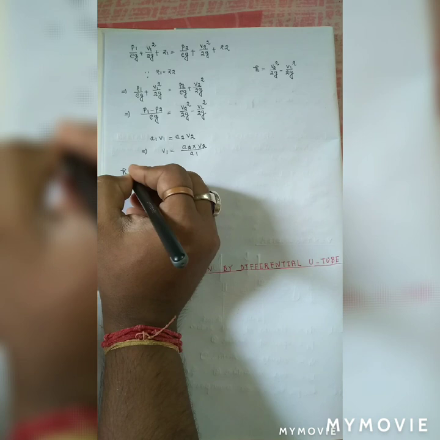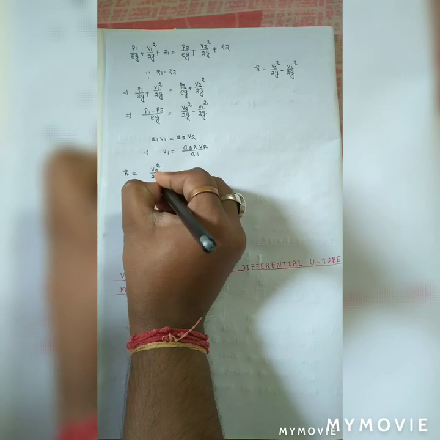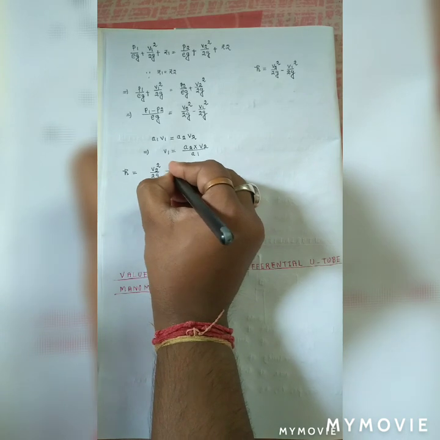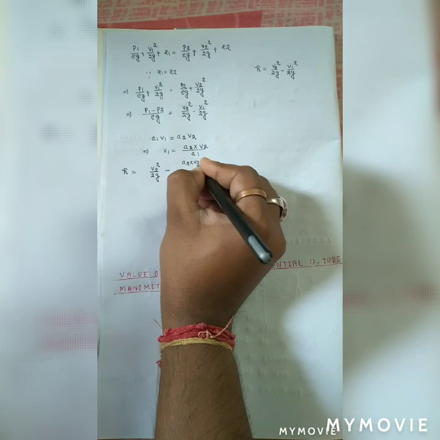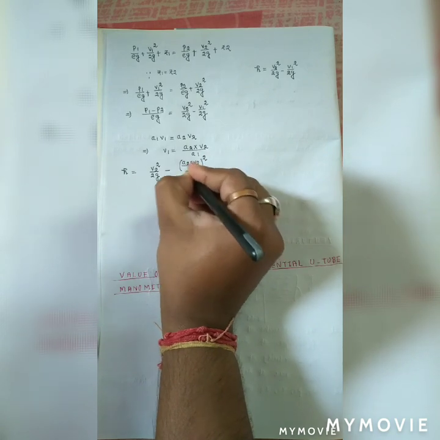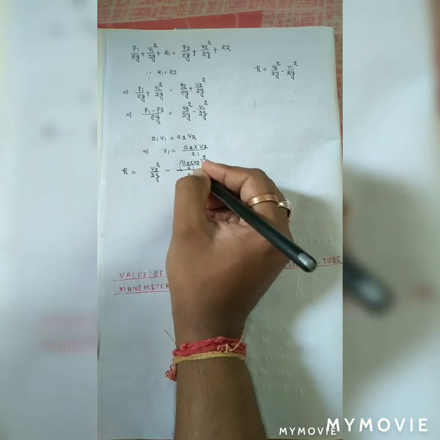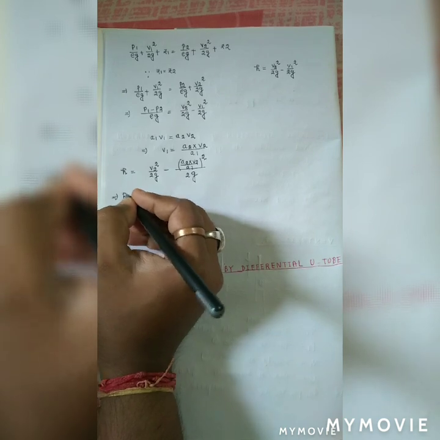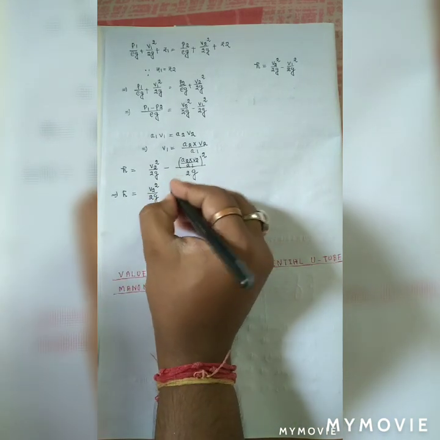Now putting this value of v1 in that equation means h equal to v2 square by 2g minus 2g. So putting this value, the equation looks like h equal to v2 square by 2g minus, in bracket, a2 into v2 by a1 whole to the power square by 2g. Okay, now we can get small h equal to, after calculation of all the terms, that will come as